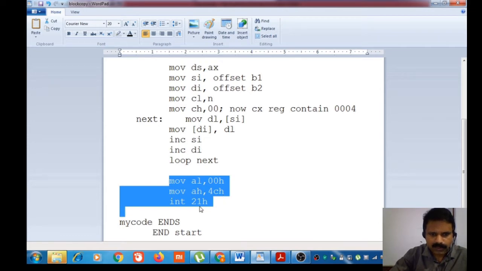In all programs, we use these three statements: MOV AL, 00H; MOV AH, 4CH; INT 21H to terminate the program. This 00H is the return code, 4CH is the DOS interrupt function number to terminate the program, and this is the DOS interrupt code. 8086 uses vectored interrupt.